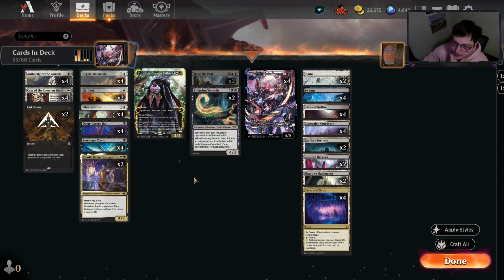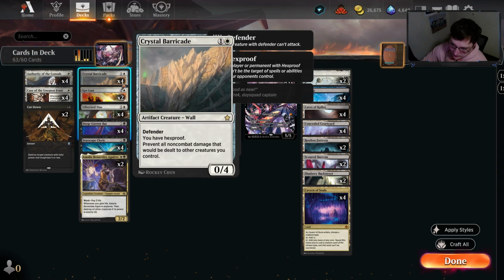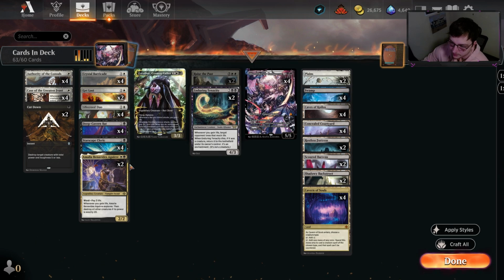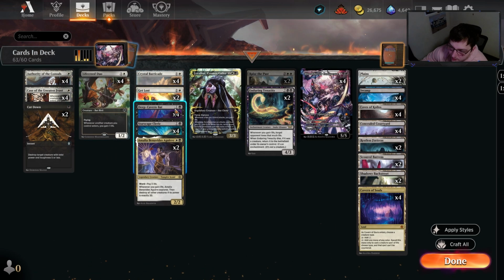And the reason why is because of the Raise the Past. A lot of times we're running against a lot of creature removal. That's going to happen, especially when you're in a combo deck, so Cut Downs, Go for the Throats, etc., right? We're good against the burn type decks that can't really do anything because of walls and 0-4. But when they remove everything, these all go to the graveyard. With something like a Raise the Past, a new card, return all creature cards with mana value 2 or less from your graveyard to the battlefield. If we have this ready to go, we can just get an insane amount of value out of it anyway,